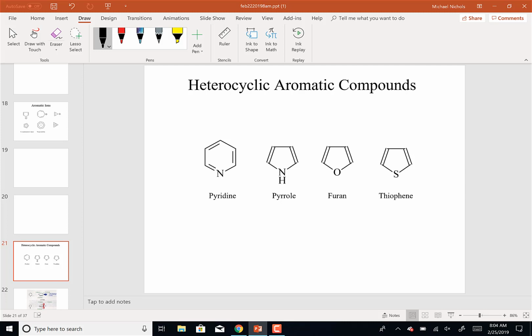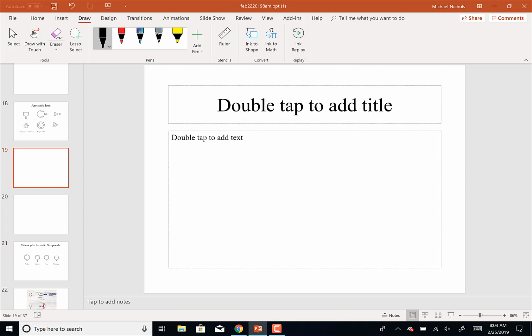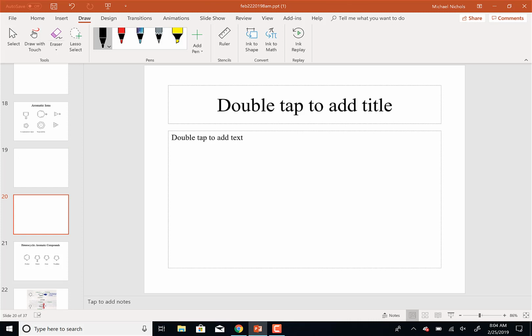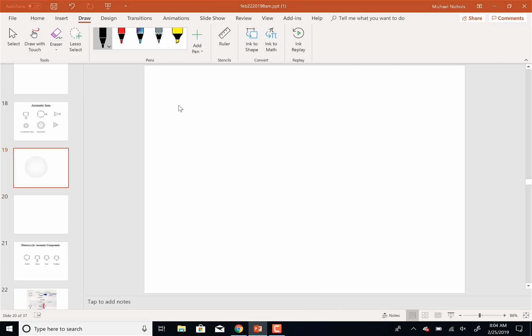And I'm going to come back to a blank page here. So, well, I was going to go to a blank page. So let's look at the